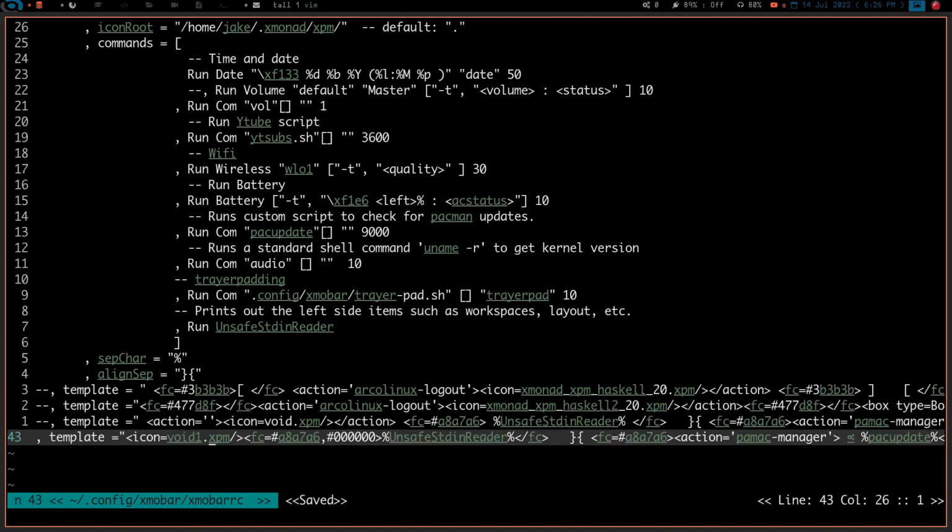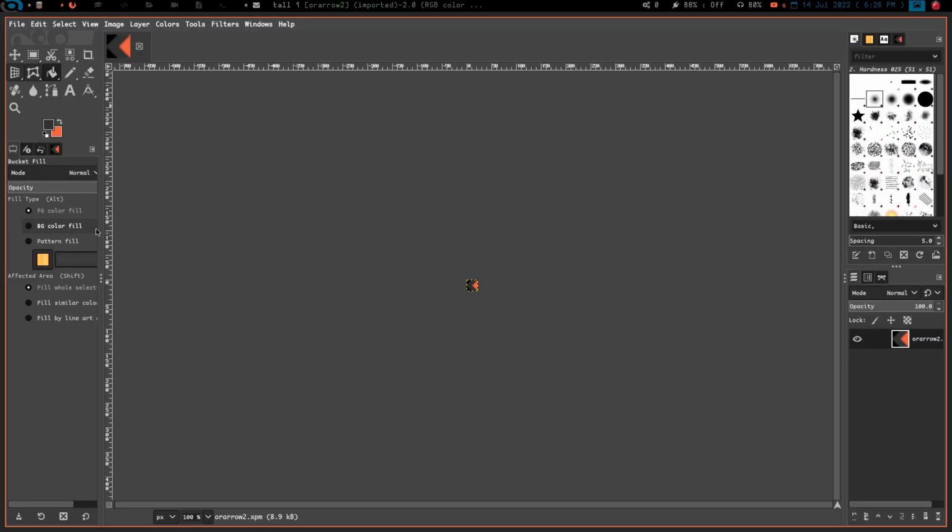So what I got to do is go right here to the end of that, and I want it before this FC. So if I hit insert, we're going to get some opening and closing brackets there, and we're going to do icon equals, and then if we go back over to 2, and actually let's go ahead and open my